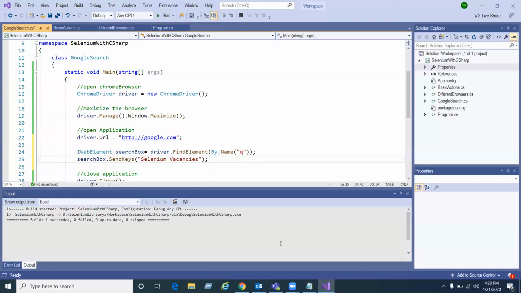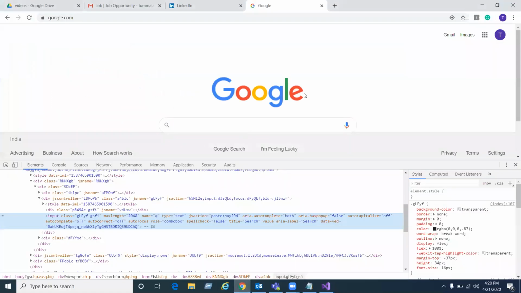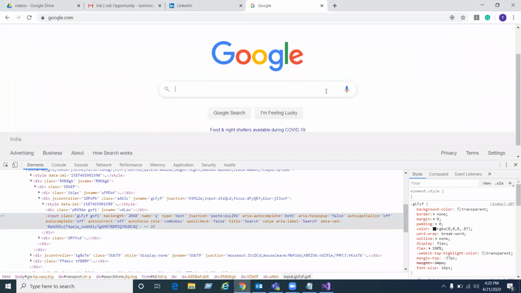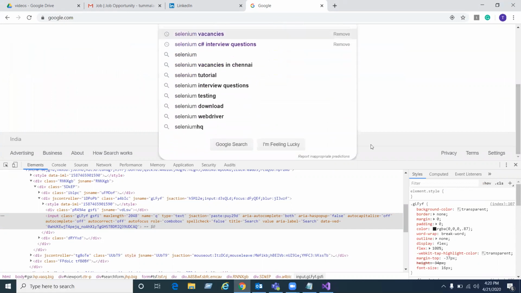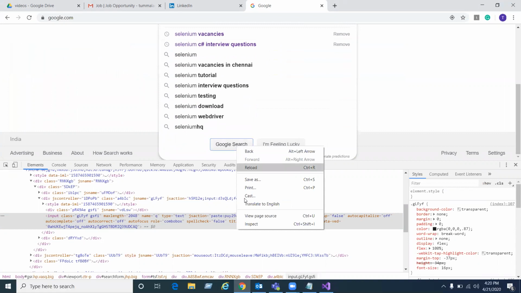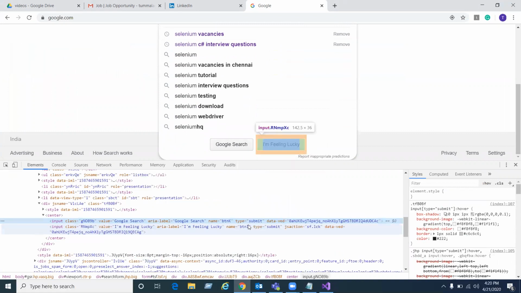Next, after that, Selenium vacancies, and then try to find out the Google search box, inspect. Now here I can use this btnK name.